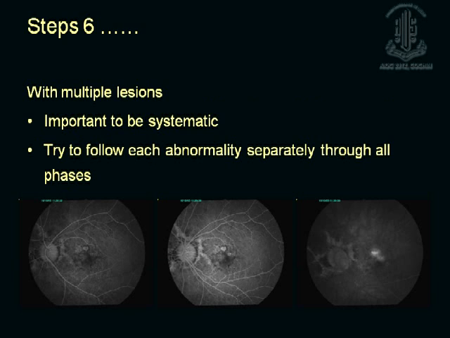A very simple method is to try to break up the lesions into different entities. Just follow this abnormality in the early, the mid and the late phase. You see this hyperfluorescence gradually increasing in the mid phase, fading out in the late phase. This tells you that it is something like a transmission defect or a window defect. Whereas if you see this abnormality here, you follow this in the mid phase and in the late phase. It's increasing in intensity, increasing fuzziness. It tells you that it's something else. It's not just a transmission defect, likely to be a CNVM. So break up these lesions into multiple small lesions and follow each lesion from the beginning to the end.